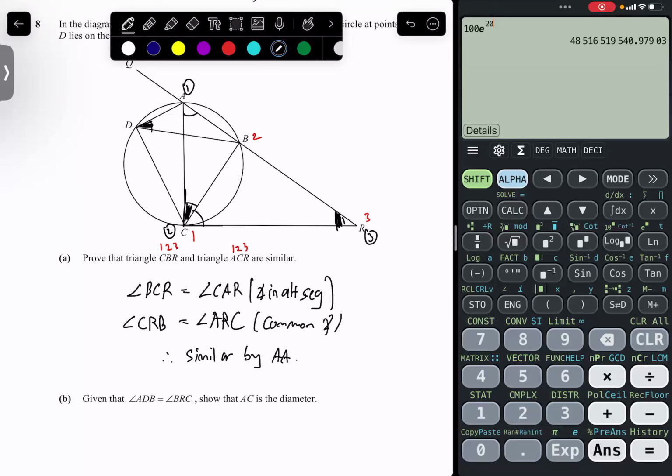Okay, so we know that, let's call this angle X. This angle is also X. This is angle Y, angle Y, angle Y. So we have proved that these are the angles. Then this angle is,